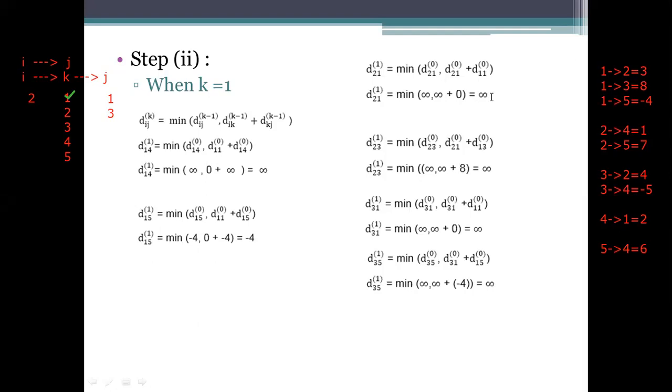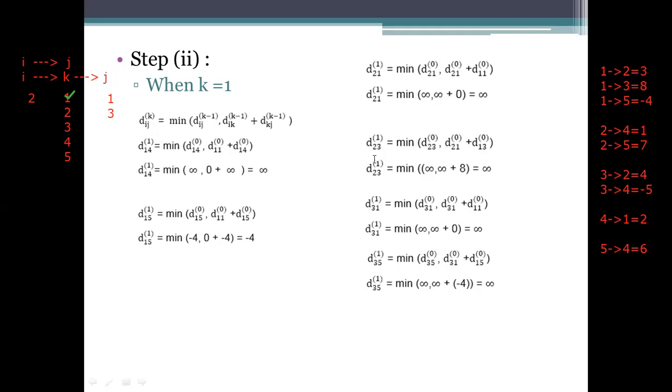At this point, you may have the doubt that we are getting an infinity value and the values are not updating. When we are taking the intermediate node as 1, there is no chance to update here. But when you go to the remaining ones, we may get the chance to update the values here. Okay. And coming to the next one, 2, 3. 1 has been finished, and go to 2, 3 here. For 3, if there lies a path, no, infinity has been taken into account.